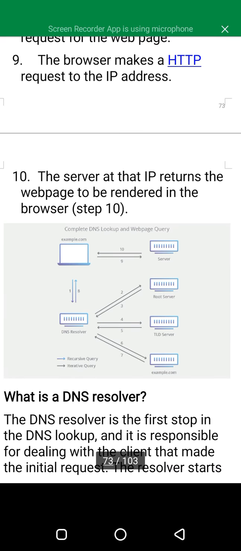Number 9. The browser makes an HTTP request to the IP address. Then number 10, the server at that IP address returns the web page to be rendered in the browser.